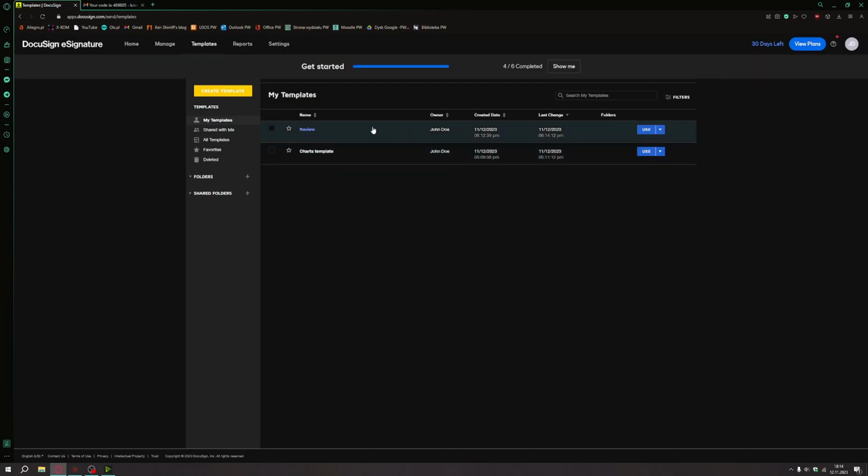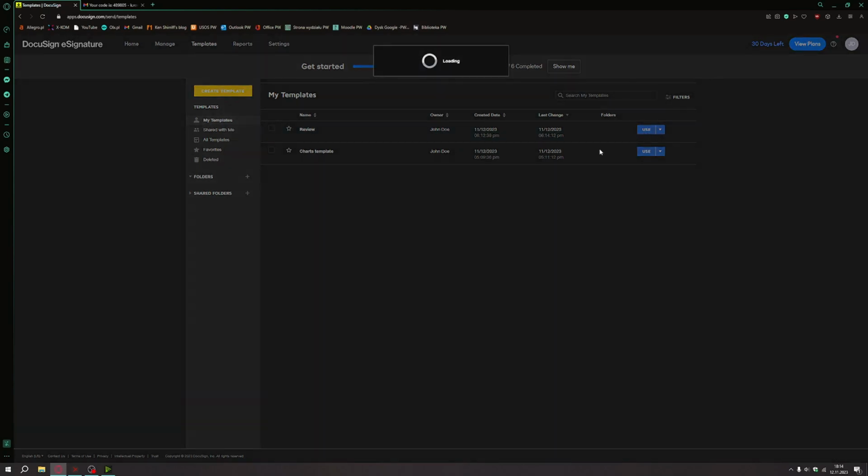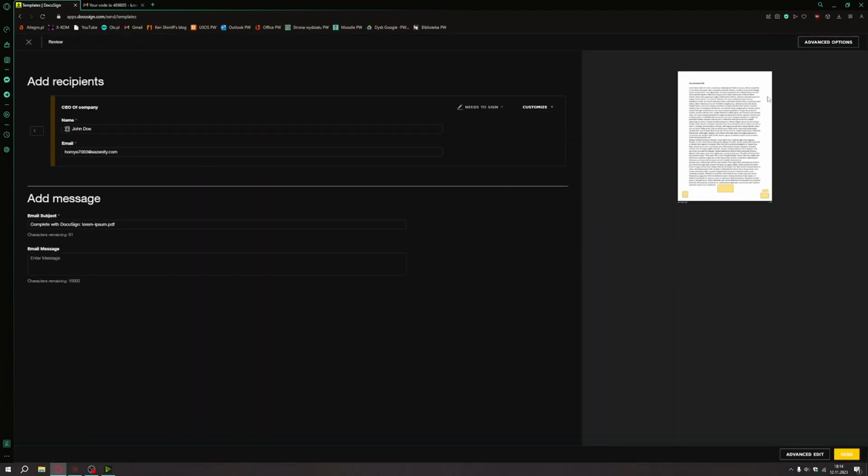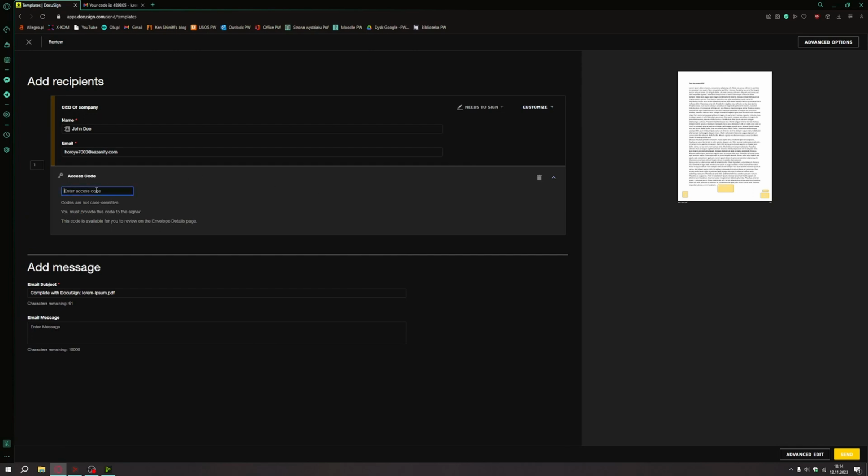And now I have a template for future reviews, and if I want to just use it or edit, here's this drop-down menu. Let's click on use it, and just like the last time, we can use our template and send it to whoever needs to sign it or whoever needs to review it. For example, we can also add an access code so that even if somebody else opens this on another computer, we also can have this being opened only using this secret code that we can send, for example, via Telegram